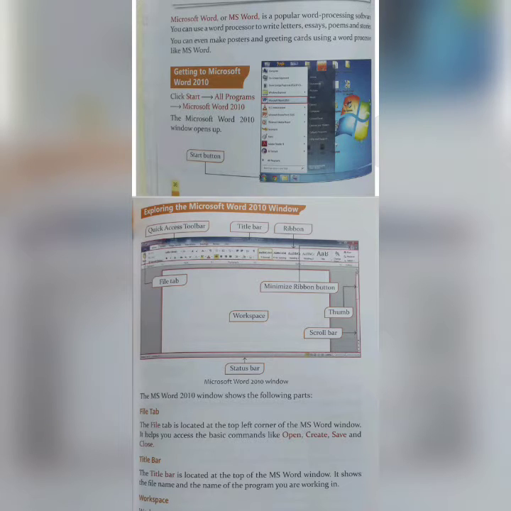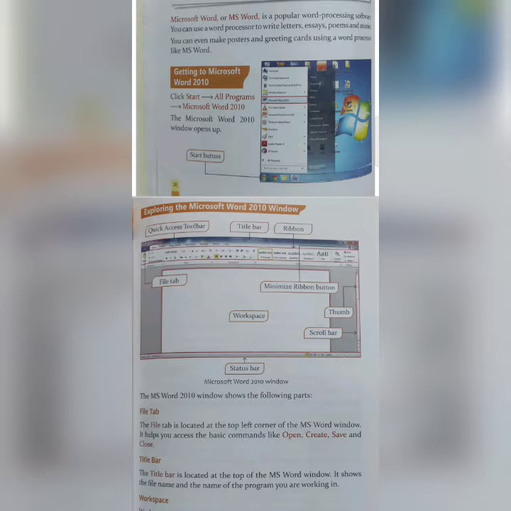You obviously have to click on the Start button, otherwise you won't be able to open any menus. Suppose you are working on your Android phone, at first you press your menu button, then only all the apps come up, right? Computers also work like that. So you have to first press the Start button, then go to All Programs, then Microsoft Word.